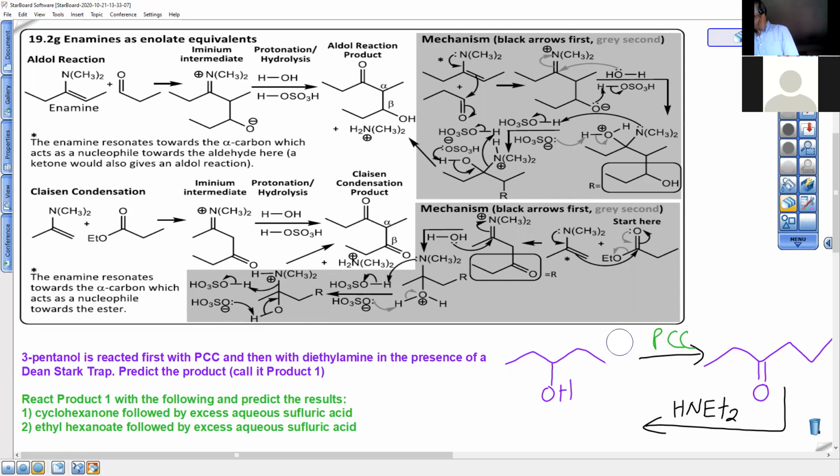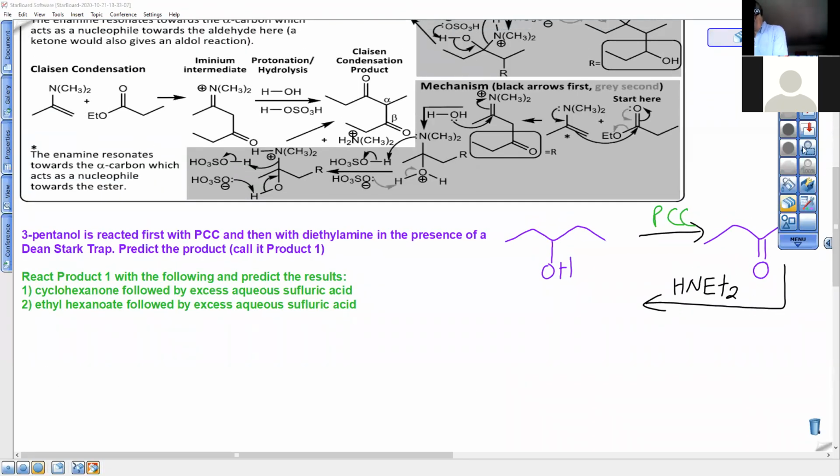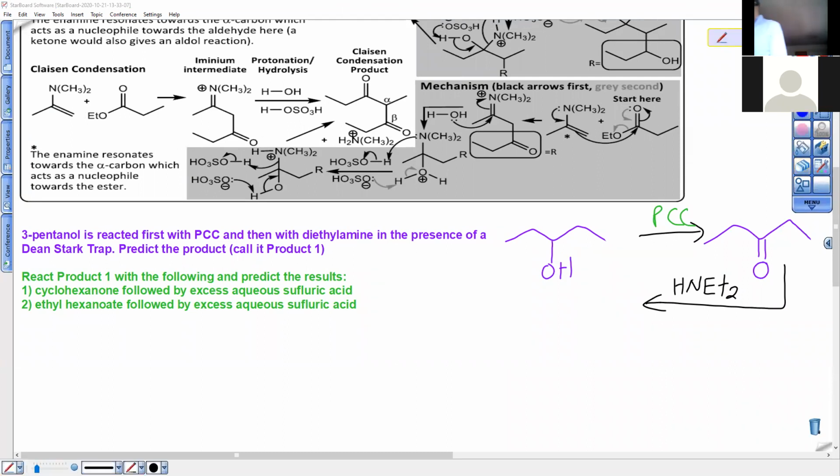There we go. So we're starting with 3-pentanol, ending with a symmetrical ketone. I don't have to worry about 2 different enamines. And I won't make you worry about 2 different enamines on the test. That's why I made this correction. And we have the 5 carbons, and we have 2 ethyls, and you pick a direction for your enamine. Right there. And then I'm going to react product 1, which is this thing,